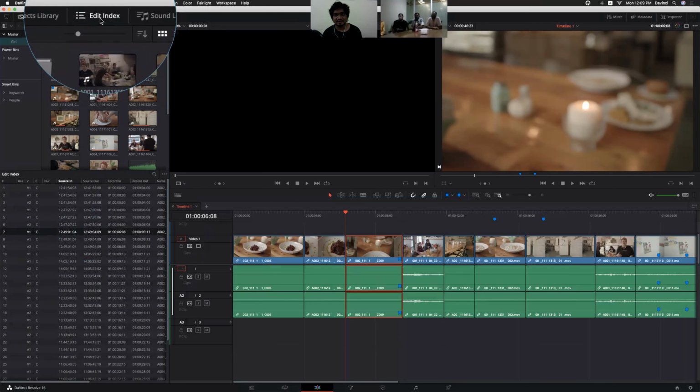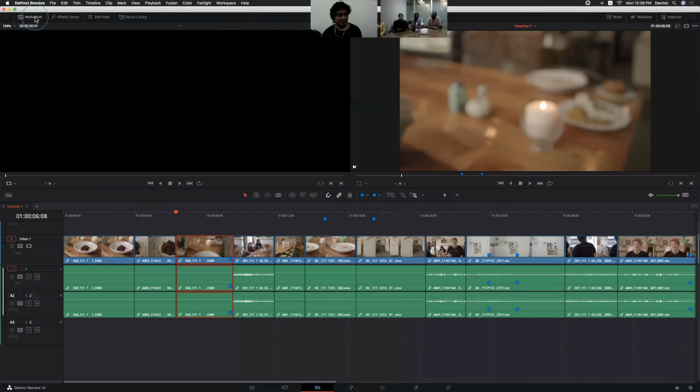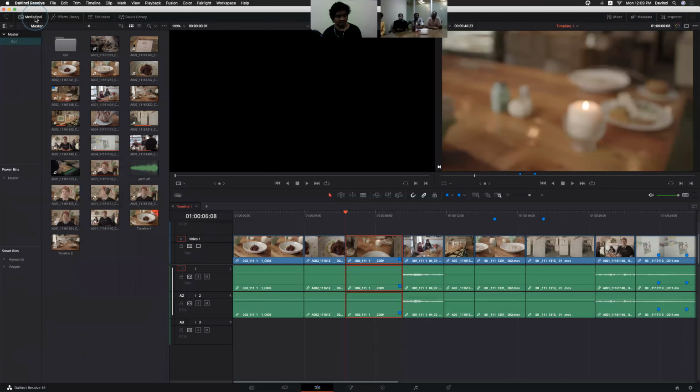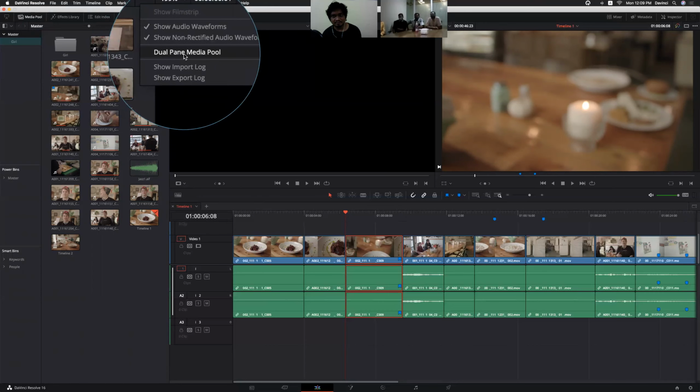Okay, so media pool, if you want to use the entire interface, you can hide this portion, right? And if you have lots of footage in your browser, you can make even a dual media pool also.